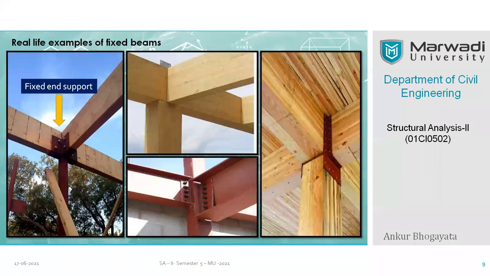So not all the joints which look like a fixed joint qualify as a 100% rigid connection. The best example of 100% rigid connection you can achieve is in the material popularly known as reinforced cement concrete. I'll tell you why and how you can do it. Right. So with this, we'll go ahead, and we have sufficiently discussed that there are possibilities of partial movement in the fixed support also. It may not be offering 100% resistance.